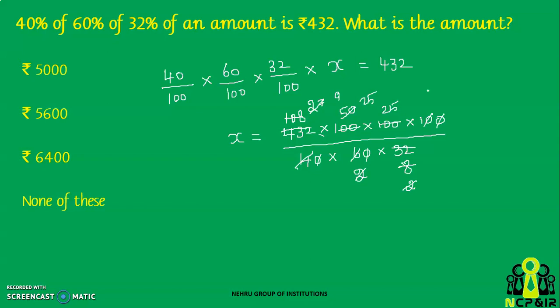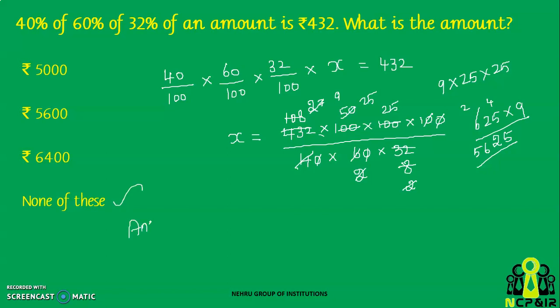So now we have eliminated all the denominators. So in the numerator we have 9 into 25 into 25. So we know 25 into 25 will be 625 into 9. So 5 into 9, 45, we get 4. 9 2s are 18 plus 4, 22, 2, balance 2, 54 plus 2, 56. So this is 5625 will be the answer. But that answer is not here. So the answer will be none of these.